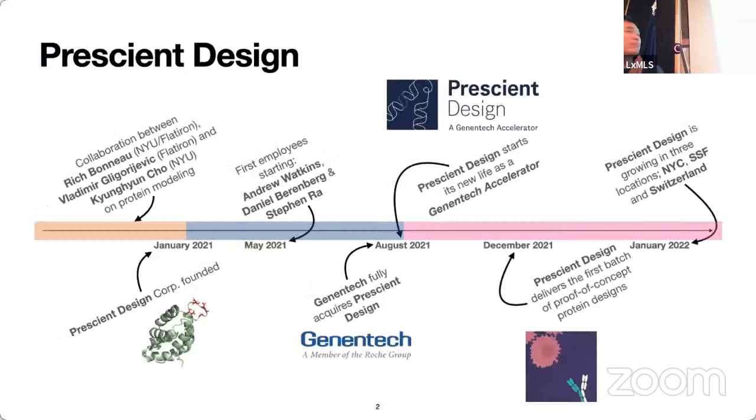So just to tell you what Prescient Design is, we founded Prescient Design in January 2021 out of our research, the three-year-long research at NYU, as well as the Flatiron Institute run by the Simons Foundation, on how to use deep learning for biological sequence modeling. In particular, we focus on proteins. And we started to hire people, and then we started to talk with various investors as well as partners. One of the major partners that we were talking with was Genentech. And Genentech used to be the very first biotech in the world.